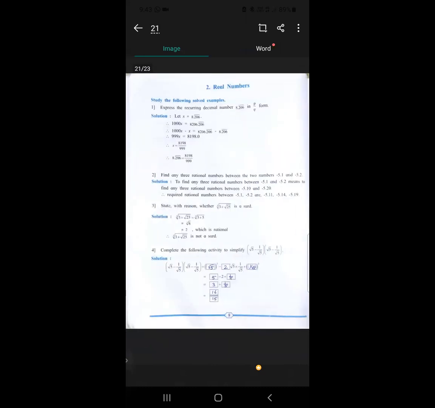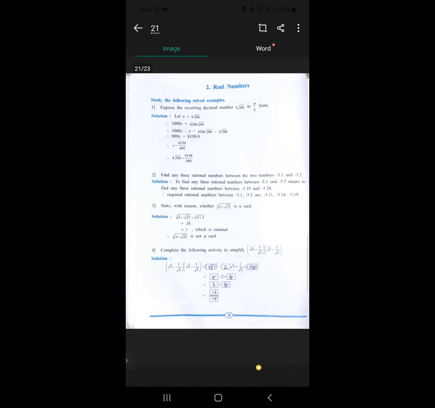Now next is on page number 8. Here I have not taken a blank page as I did in the first chapter, because now you are familiar with which page number and so on. So directly the solution, I have taken the pics of it. On page number 8, you can see the real numbers. There are some solved examples from the second chapter.